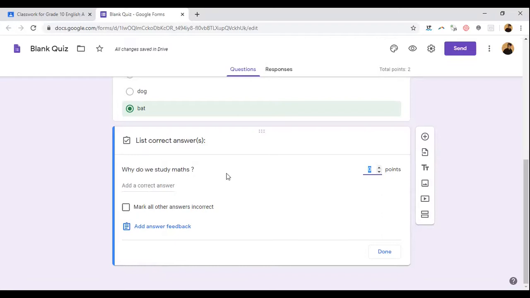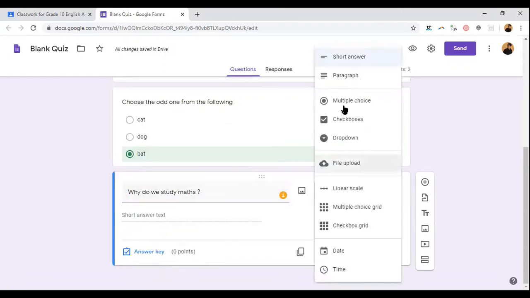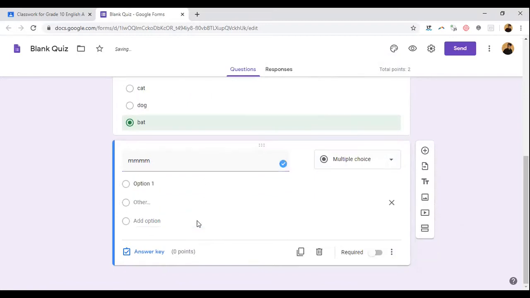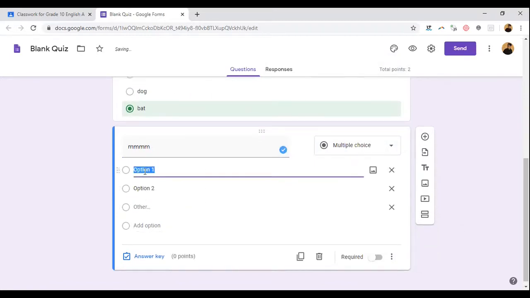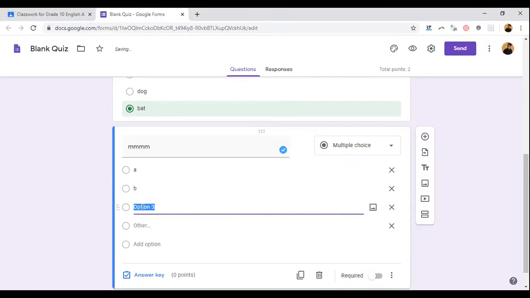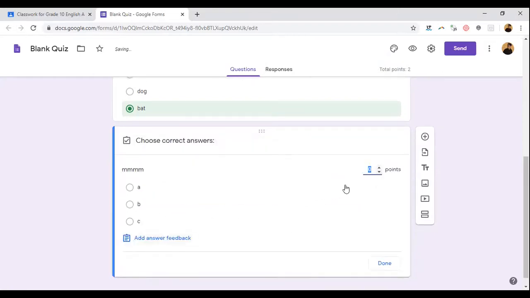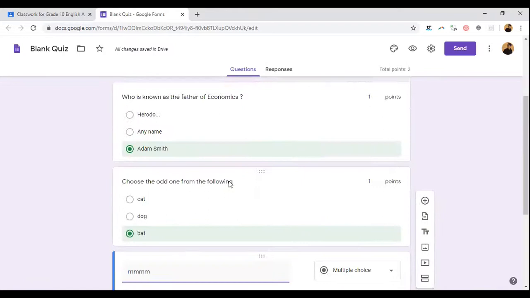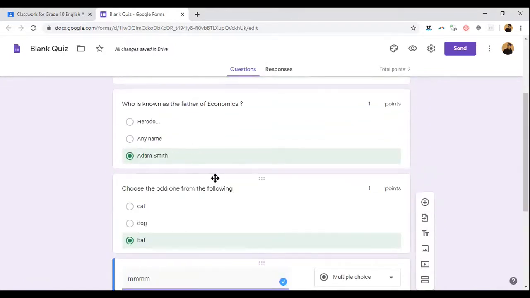Now I'm just changing for MCQ part because we were talking about the pre-assessment. Correct answer you can write here. If the students wrote the correct answer, later you can modify it. Okay, so I'm just changing to MCQ. Then option number, can add options. A, B, C. The correct answer is A. You can select accordingly. Okay, now we have created new 3 questions, 2 questions plus, so total 3 questions and